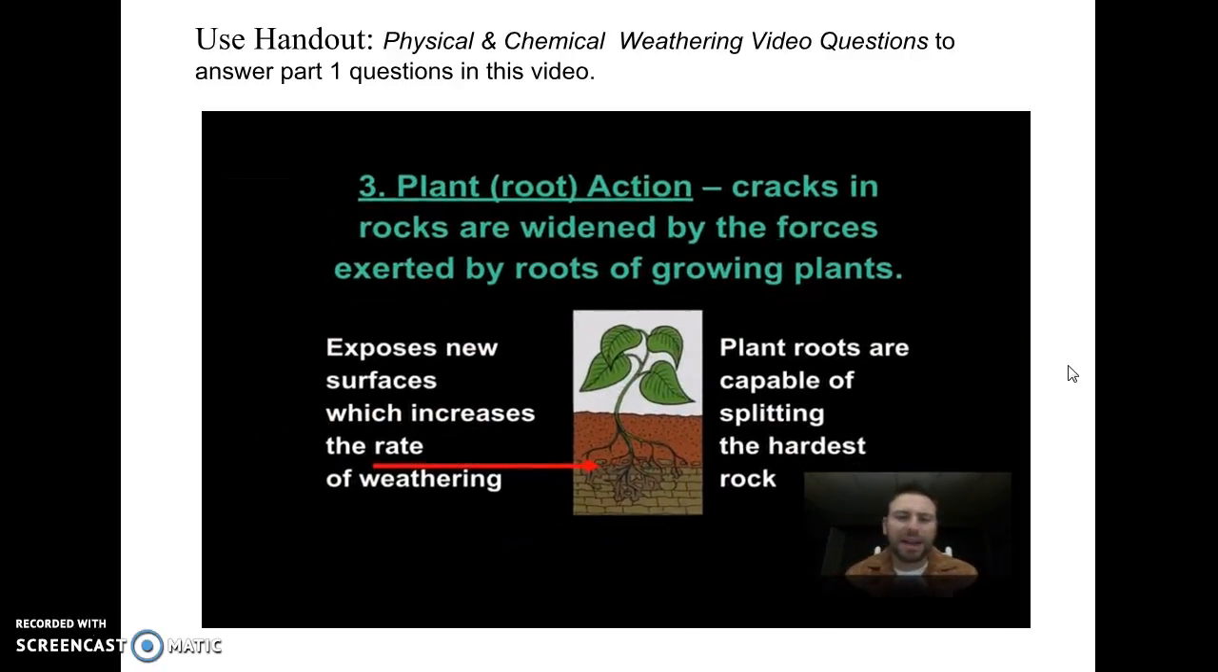We also have plant or root action. What happens here is that the plant will actually grow into a surface, and the roots will make their way down into cracks. As the plant grows, there's water within those roots, and it helps push apart or create forces that push apart the material or the rock, breaking them down. And we can see here that as